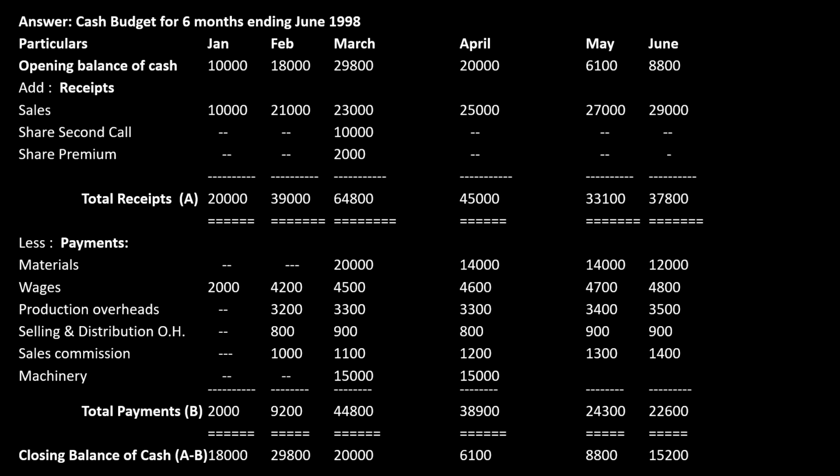Okay. The next one, the machinery. The machinery is purchased and the payment will be made in March and April. 30,000, so half of it equally, which means 15,000 and 15,000. Okay. Then sales commission. Sales commission is calculated at 5% on sales. So we know what the sales is. From the sales we calculate 5% and we take it as delayed. It is paid within the month following the sales, which means delayed by 1 month.